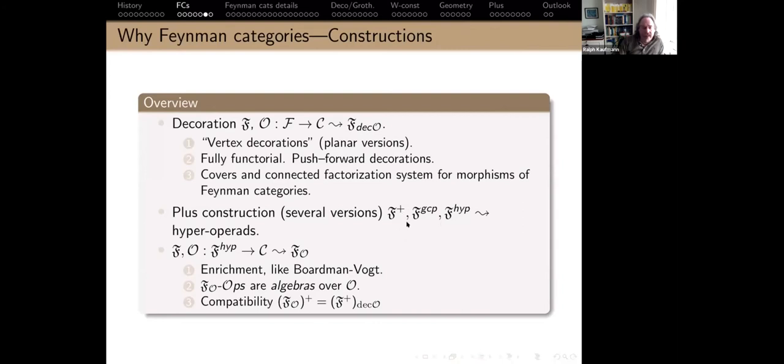So it has to be this complicated. That's why I wrote the 2019 paper. There is nothing simple about it. Unfortunately, there are three things. Sorry, I should say there is a very simple way to get this one. If you want to get enrichments or hyperoperads or the things you want, you have to do a little bit of massaging or inverting. But the important thing is that if you take now a functor, the decoration works like this. You take your Feynman category, that's a monoidal category. You take a monoidal functor, you get a new Feynman category.